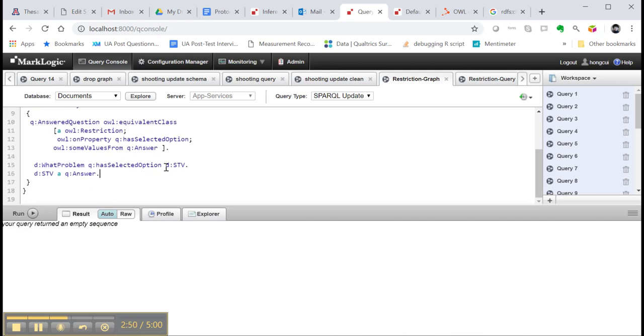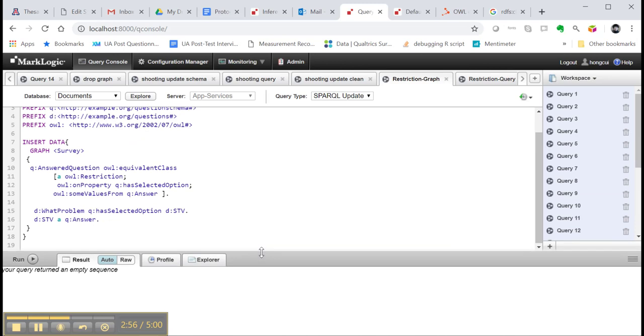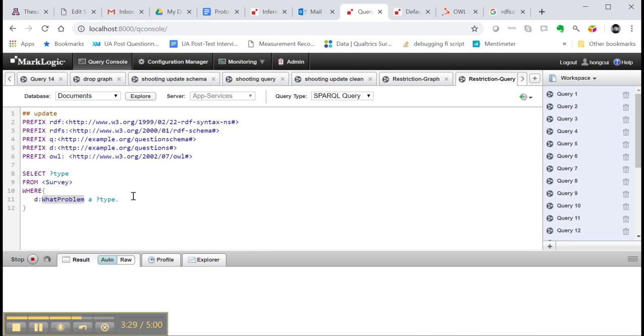We want to run this example and see if the inference engine can classify this word problem into this class. We can tell that the word problem is an answered question, but can the machine? Okay, so let's first create this graph, and then we can construct another query. I copied all the prefixes that we need to use, and now I'm asking a question: what's the type of the word problem question? If we run that, we're going to have